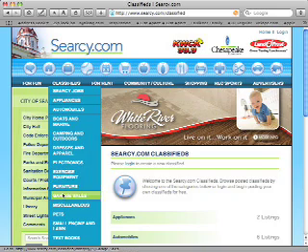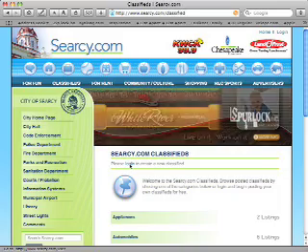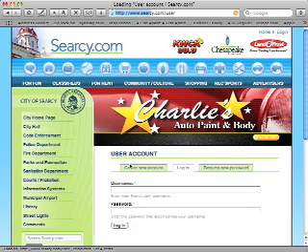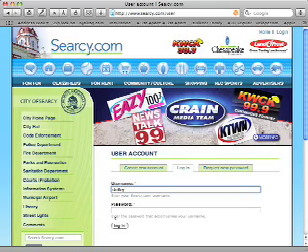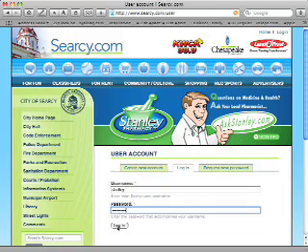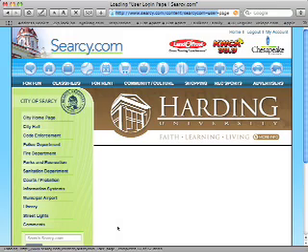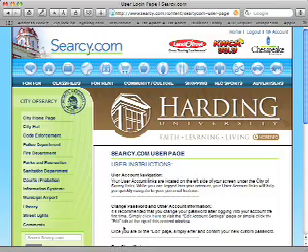So click on classifieds. You can choose any of these categories in here if you want to, but simply log into the login page by clicking the word login. If you don't already have a Searcy.com account, you can create a new account from right here. I'm going to use my wife's. Her name is Shelly, and then you just type in your password. There we go, and then you click the word login,